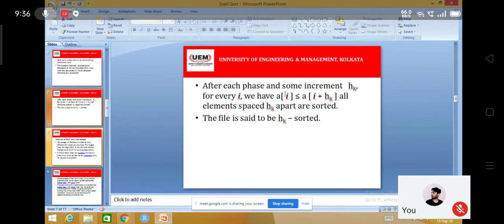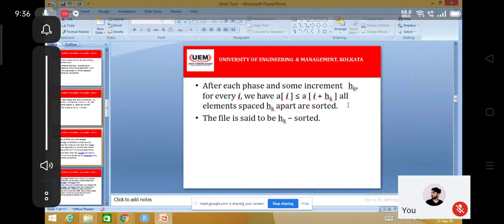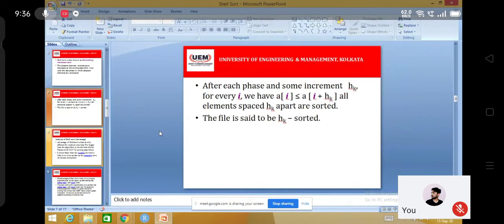Elements, you need to do comparison with this kind of element, and this way you actually get the opportunity to group the elements in some certain distance. Means the logic of the group is that with some certain gap in index position, you are selecting the elements. Now what is the facility? Facility is, you are not going to keep them in some other array, not required. With the index position you will do this.